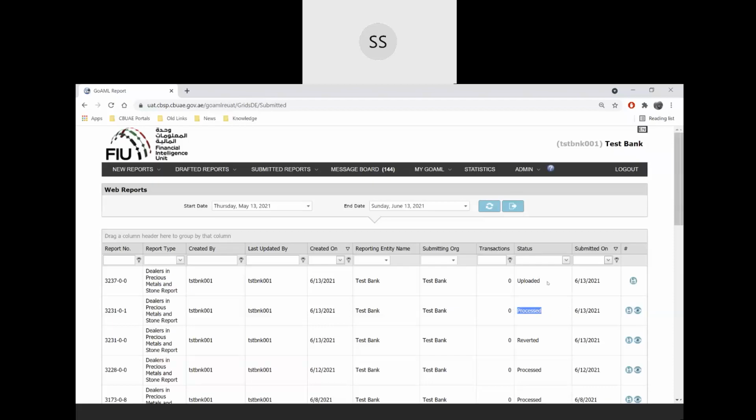So we'll wait for this to turn into processed, and this is what you can use to refresh it. So now it says transferred from web. Well, for you, it's a technical term that it has been taken from the web and it has been put to the FIU server. We'll refresh it again, and we'll refresh it until this part says processed. I do understand there's some questions coming in, and I told you that we'll be taking a Q&A session later.